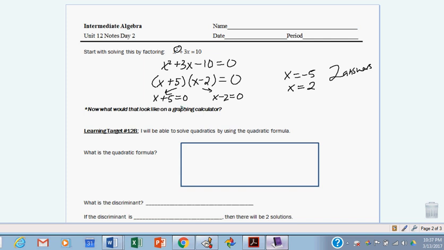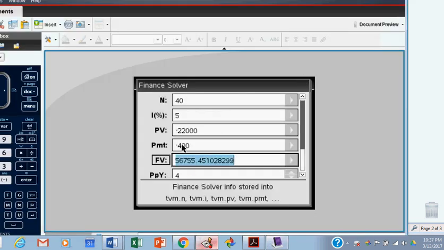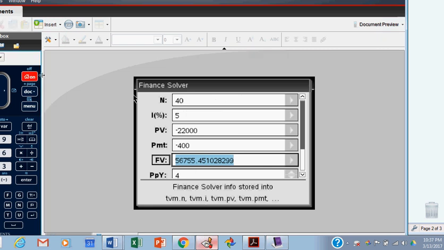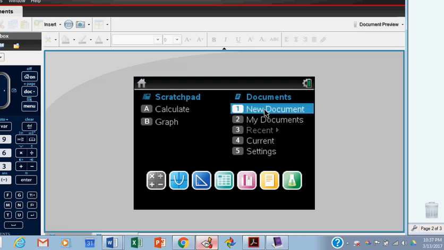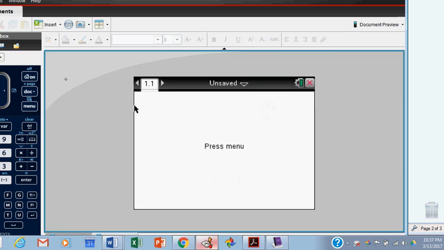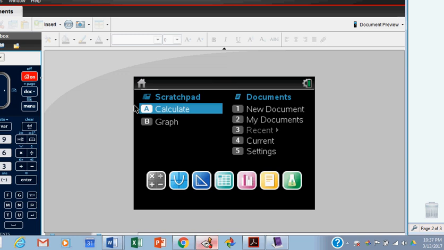So I got this thing on here. What would it look like on a graphing calculator? Well, the idea is, I just want to kind of segue this and show this to you real quick. If I had, let me try to get this going here. Hold on. Oh, I gotta do this real quick. Hold on, I gotta hit escape. There we go. So if I had a new document, and this is taking me longer than I thought,